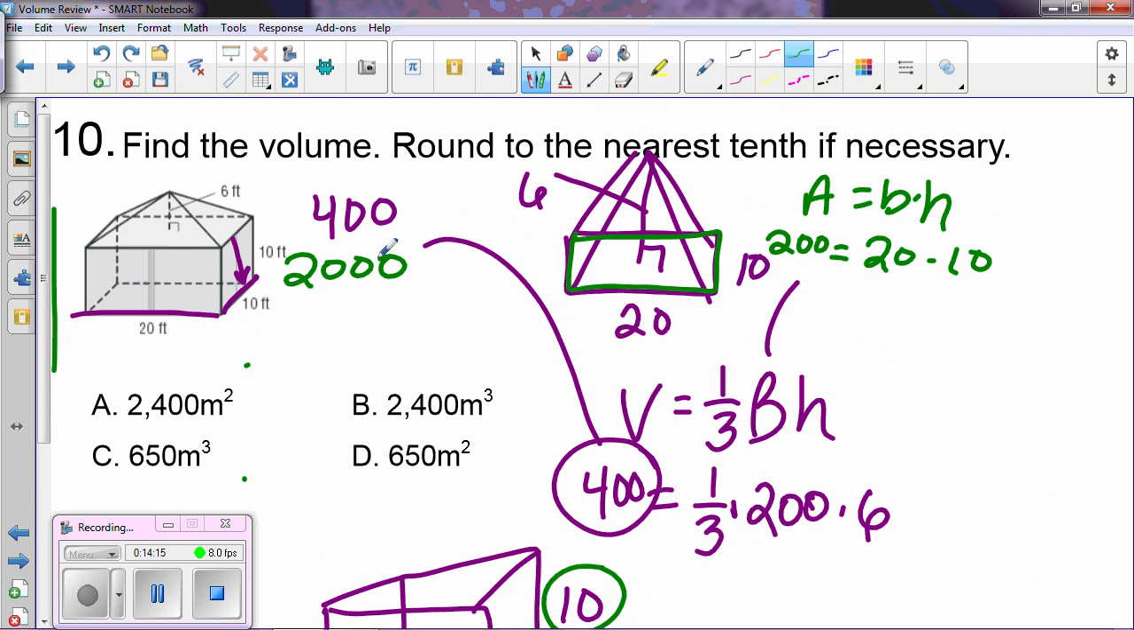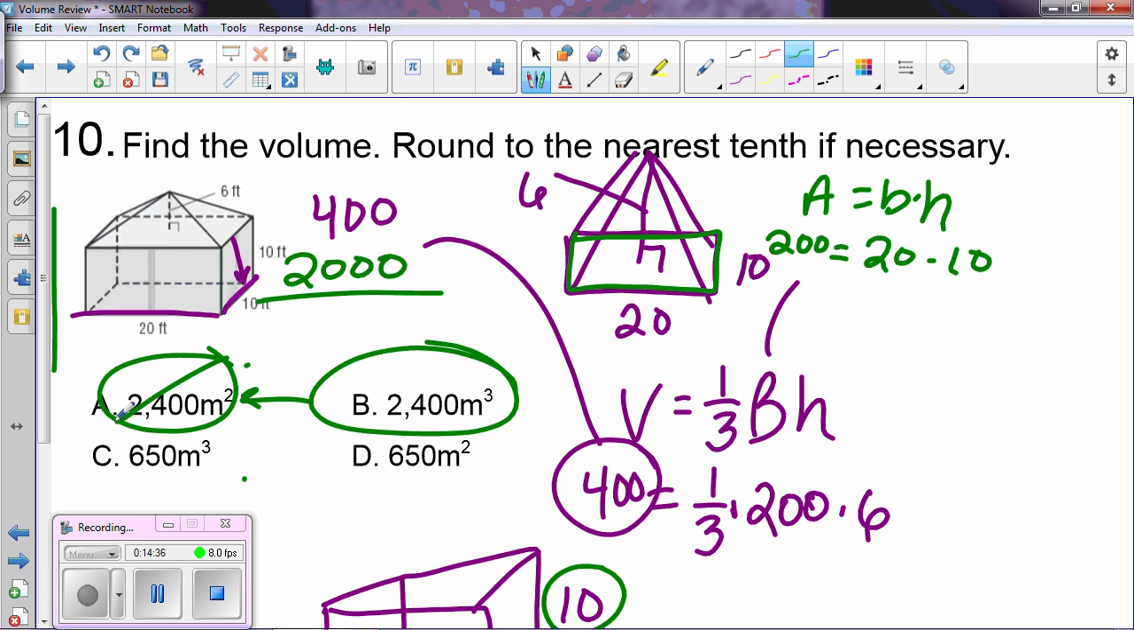2,000 is the volume of our rectangular prism. 400 is the volume of our rectangular pyramid. Add them together. And then just remember, all volume is always cubed, because as you see, we could have 2 separate answers, but it's not squared because that's our area. So 2,400 meters